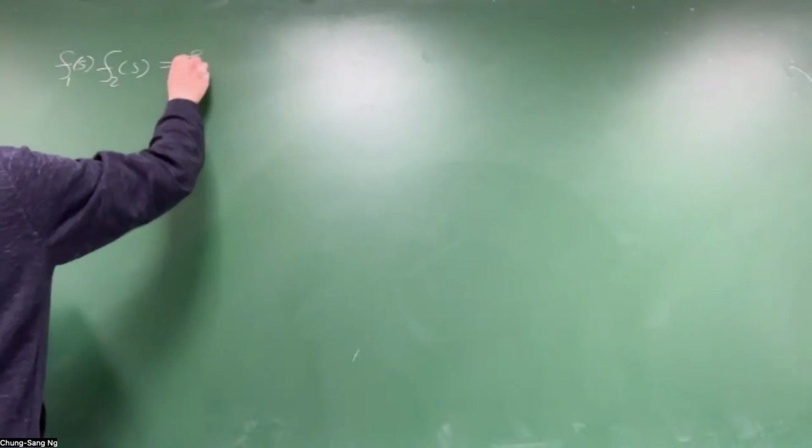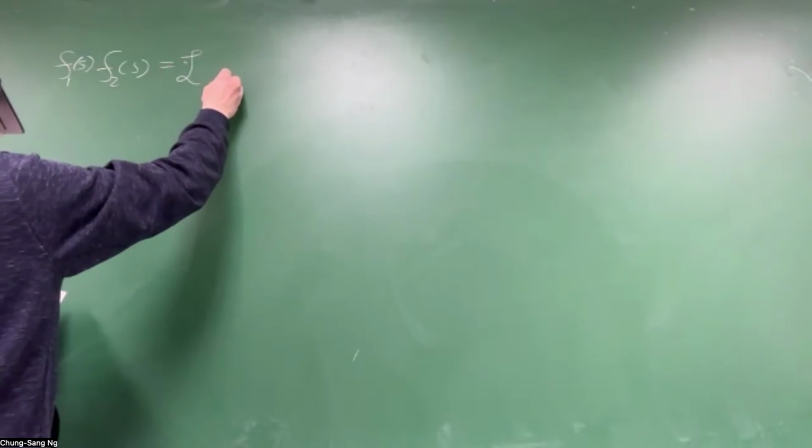That could be trivial for someone, but if you are not too familiar with change of variable, you might have trouble. So you have F1(s), F2(s), and last time what we derived is that this is a Laplace transform of a convolution